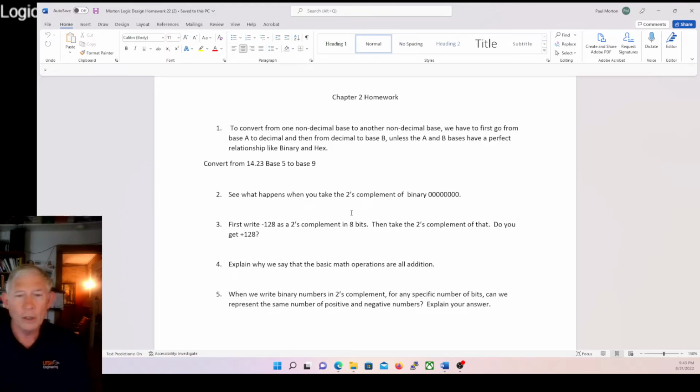Okay, so it turns out when you do that, I'm going to let you do that, but don't be surprised about what you get. You should be able to think about it and see, yeah, you're not going to get plus 128. So what are you going to get? All right, and then write a little sentence or two that explains why all math operations are addition. And finally,